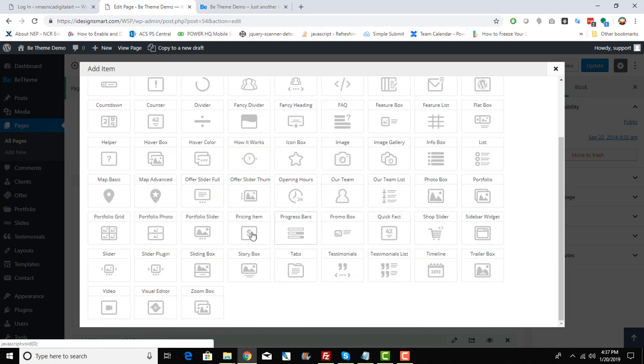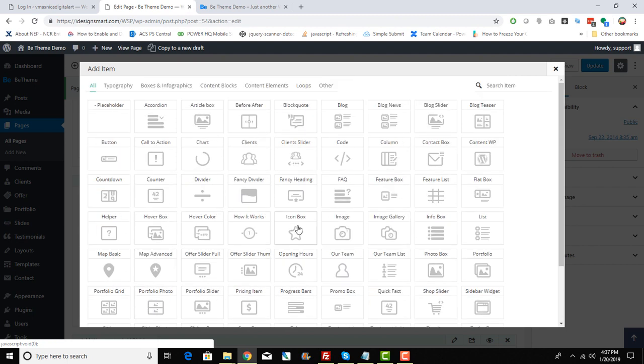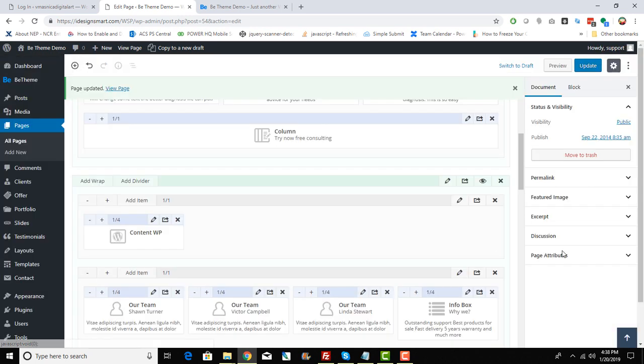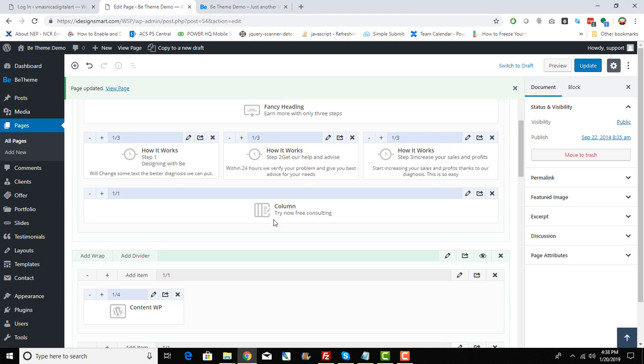So I can add progress bars, I can add text blocks, I can add content. And these are categorized here. So if you want to see only content blocks, you can click on content blocks and it will give you a filter. If you want to add something for types, here is all the content WP type stuff that you can do. And if you say content WP, what this will do is